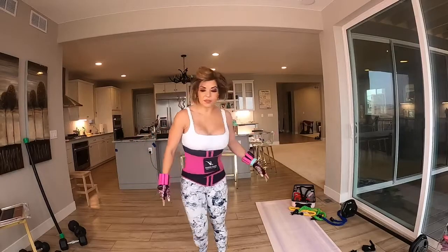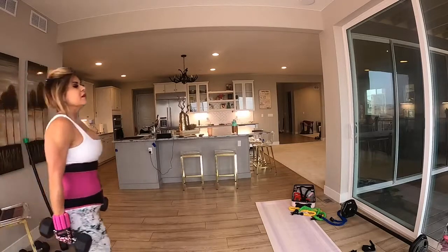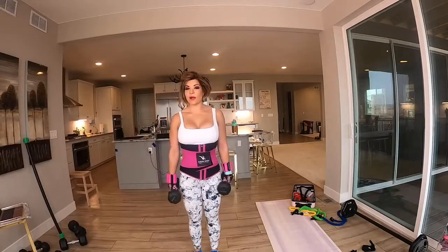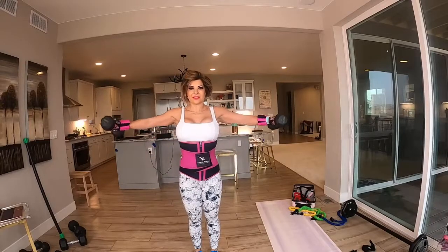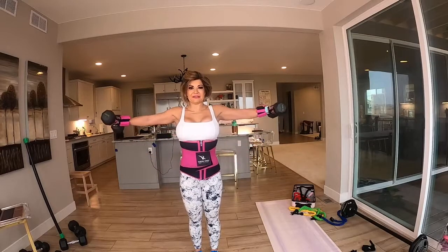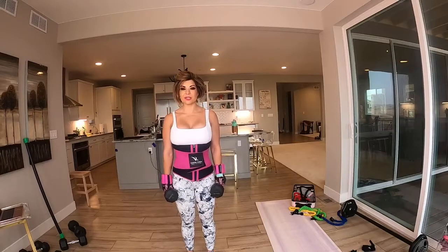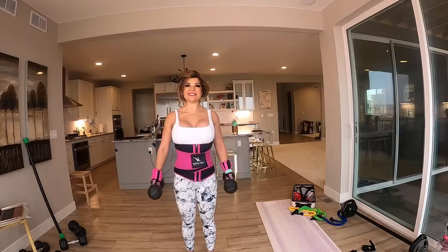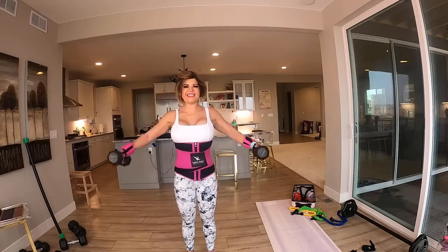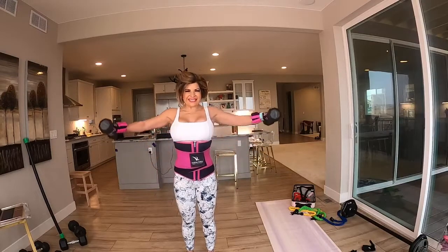I could do 12s. Let me show you. So you have to understand how this works, right? So here I'm holding 12s, actually plus my 1 pound on my wrist. Okay, 12. You can see I'm kind of struggling because I'm shrugging my shoulders. You see what I mean? It's really hard to do. Okay, so I can't do that many. So this would be too heavy